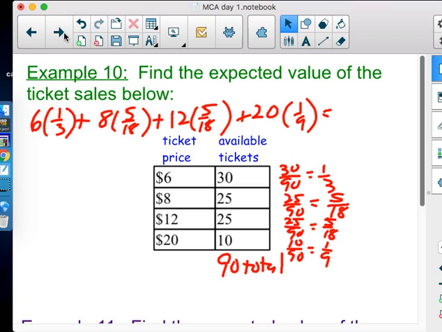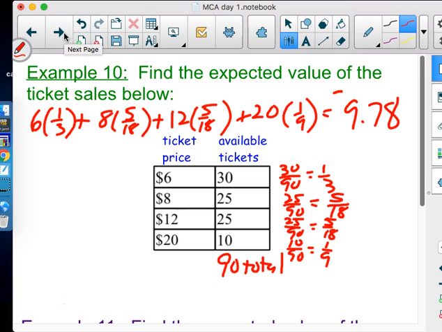So 6 times (1 divided by 3) plus 8 times (5 divided by 18) plus 12 times (5 divided by 18) plus 20 times (1 divided by 9). $9.78. Double check so I make sure I didn't punch something in wrong. Yep, $9.78. Now, you can argue, and you would have a really good argument, that that's not the